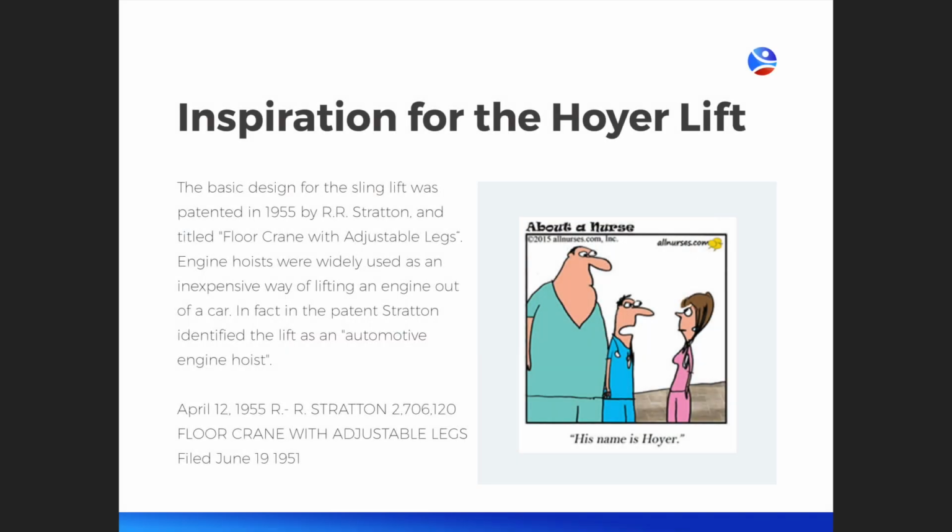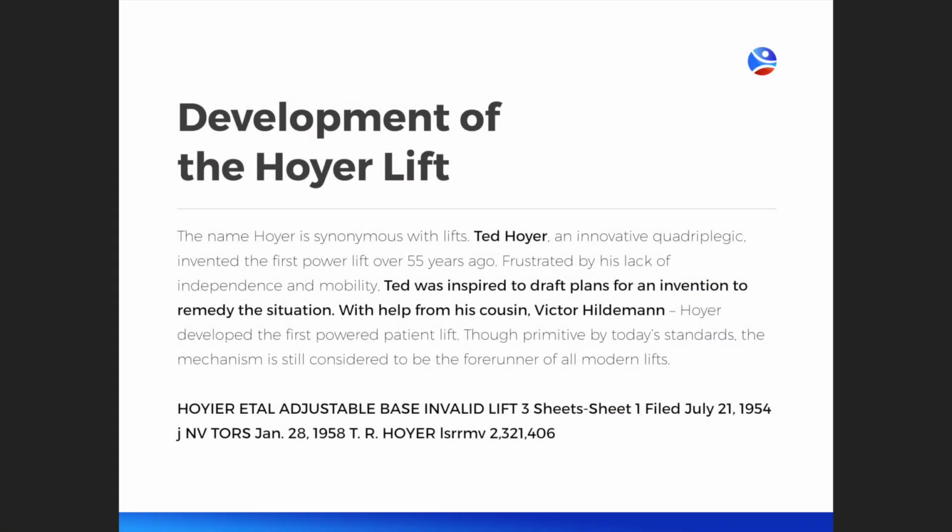It wasn't until the 1950s when a person by the name of Ted Hoyer, who was inspired by a patent by R.R. Stratton for a mobile lift with expandable legs. This was when we really got the first piece of safe patient handling equipment that was commercially produced for sale. Ted Hoyer was a quadriplegic and he wanted more independence, so he took a look at this lift that Stratton had developed and modified it so that it could be used to lift people, and thus the term the Hoyer